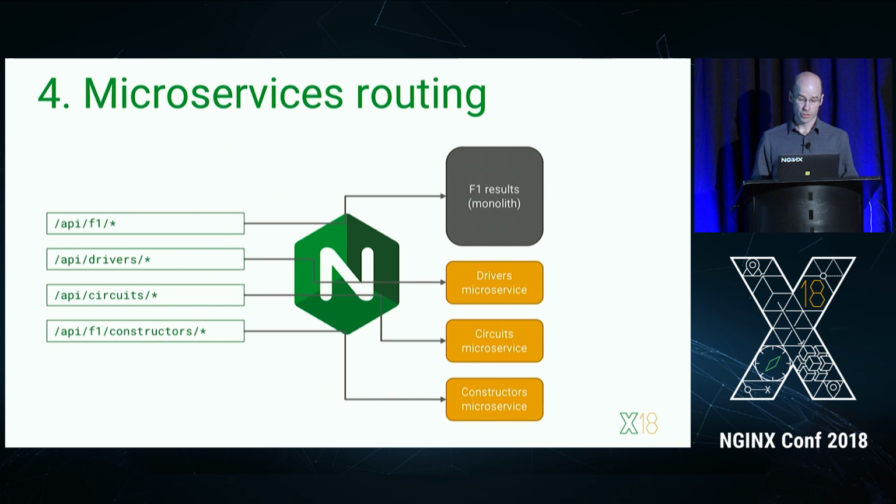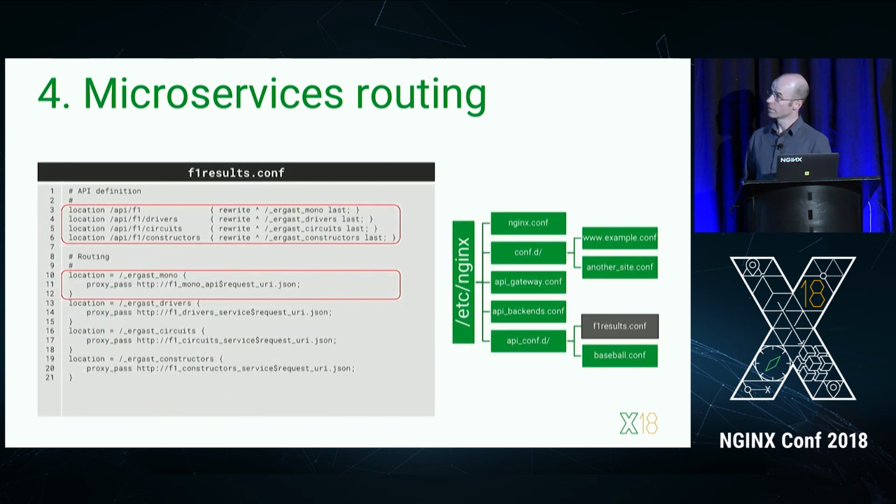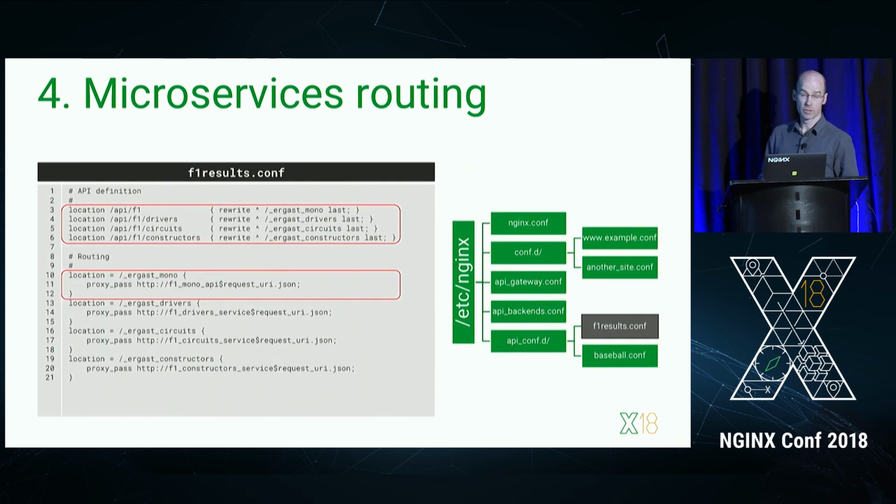So I can use the model that I just showed you with the location blocks that I care about. So in this case, I've just shrunk it down to the 4. And now I rewrite the URI to a specific location, which is going to do a proxy pass to the microservice by name. So everything by default, the other thing to pay attention to on NGINX config is that longest